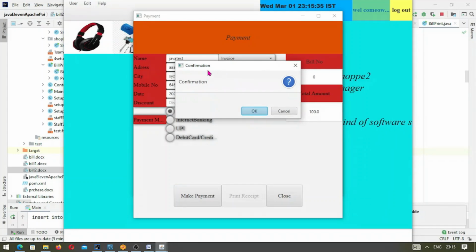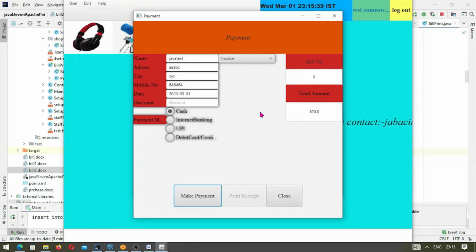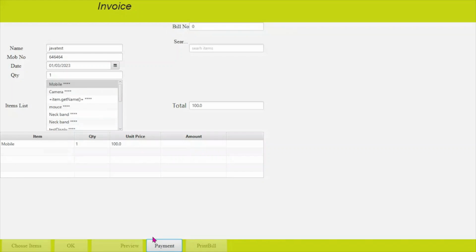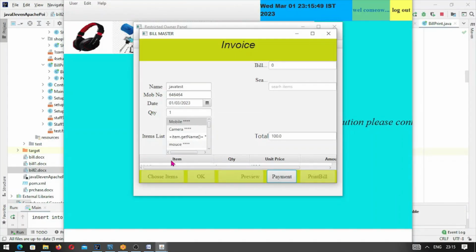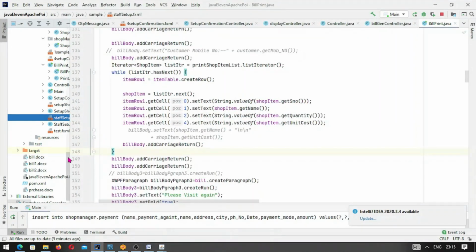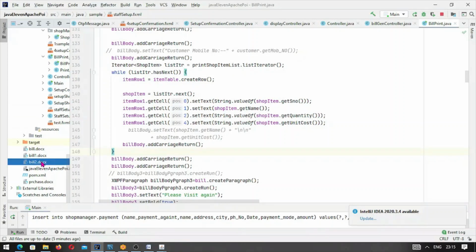Okay, this is the confirmation dialog, and you can take cash payment, and then it is closed. You can see that an invoice has been generated. For the invoice, I have taken an invoice format, and this is for the purpose of looking at the invoice